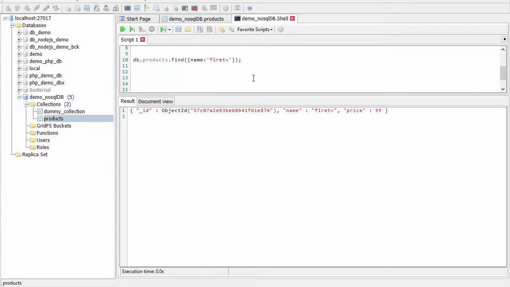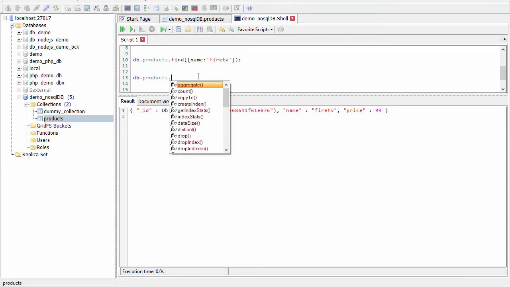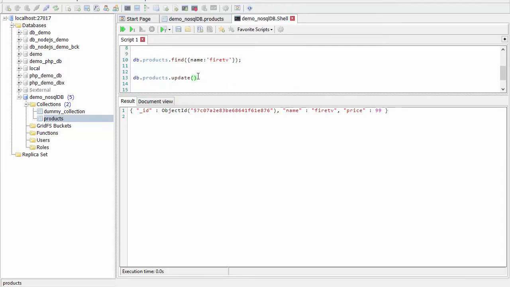Next in our list is to do an update. db.products.update. The filter is price is 199. I'm going to change the price to $190.